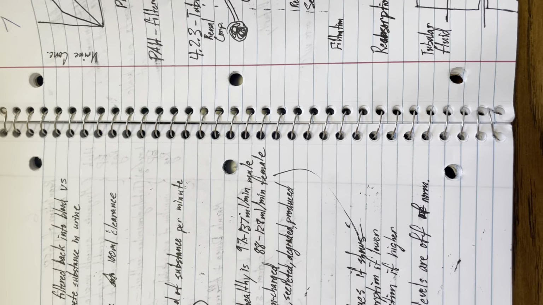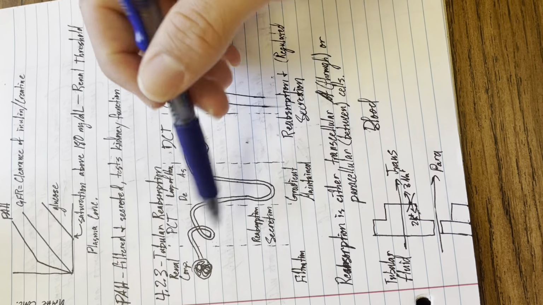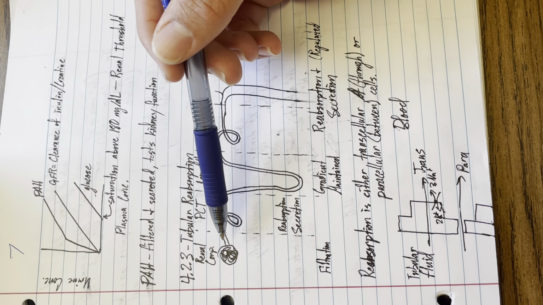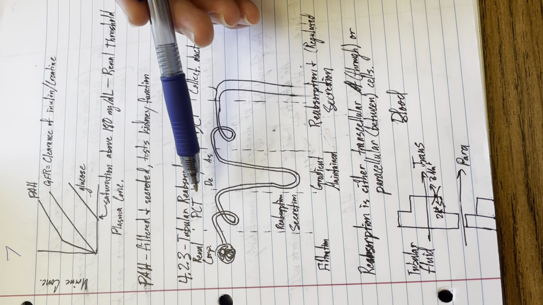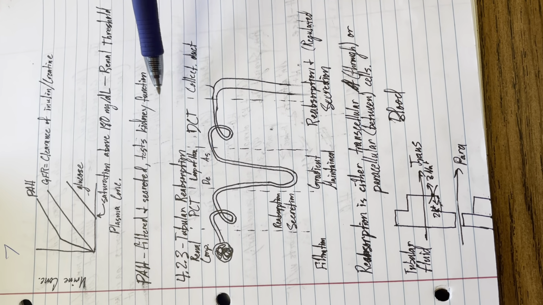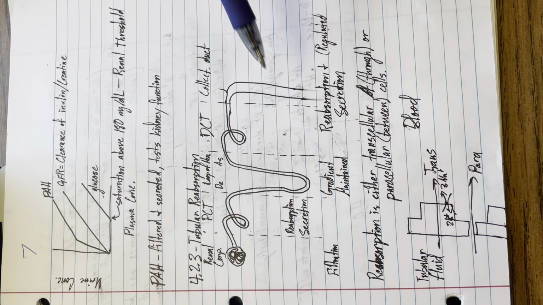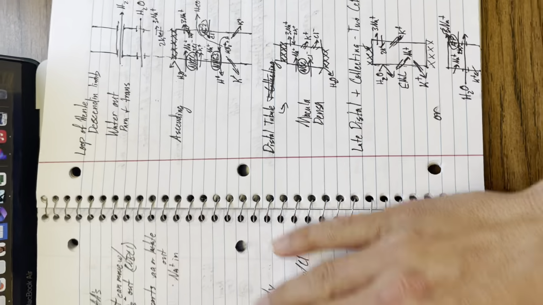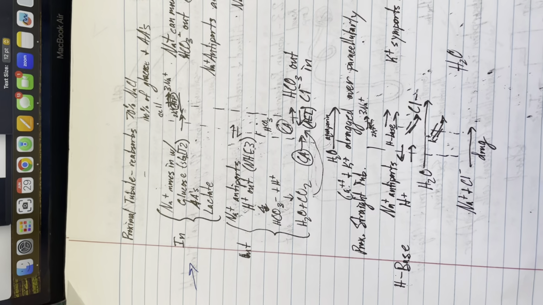So we're going to jump over to tubular reabsorption here. So as you can see, we've drawn it out, and in each different section you'll have your corpuscle, your proximal convoluted tubule, the loop of Henle, the distal convoluted tubule, and your collecting duct. And each of those sections will do something different. So if we're looking at sodium,